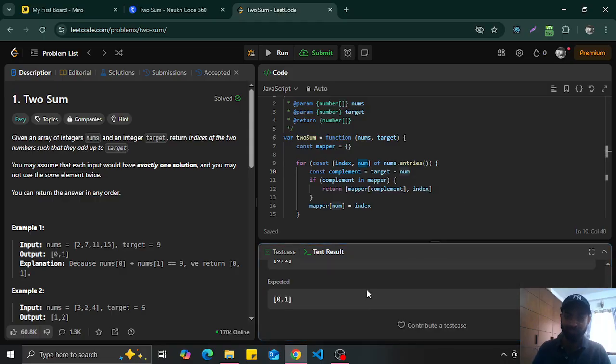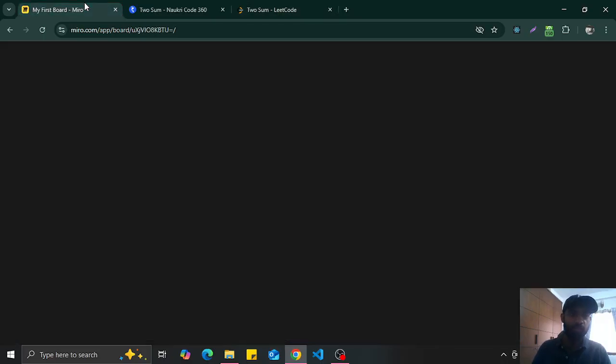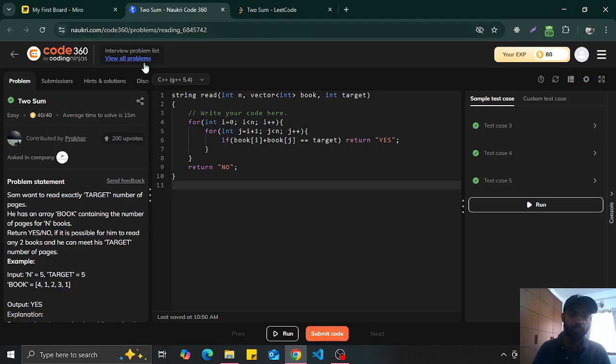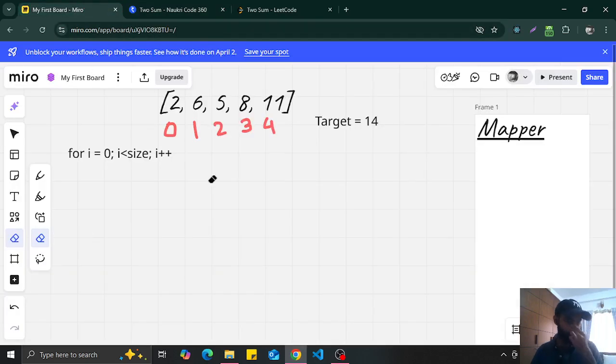Okay, so yeah, we solved this problem with two approaches, brute force approach and using a map. And sometimes people could ask you to solve this problem without using any memory. So in that case, what we can do is that